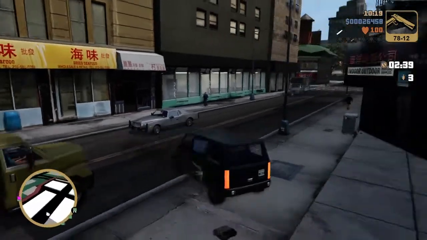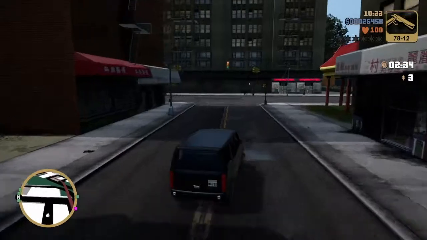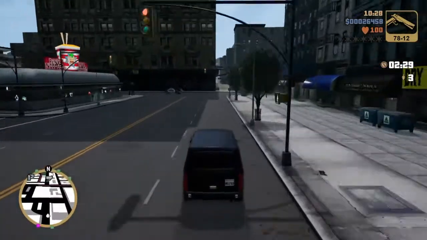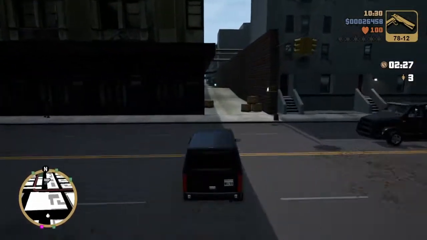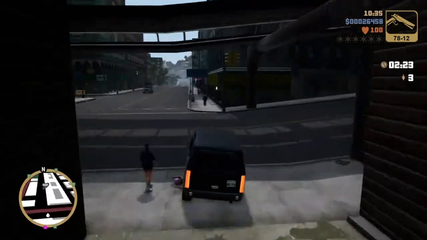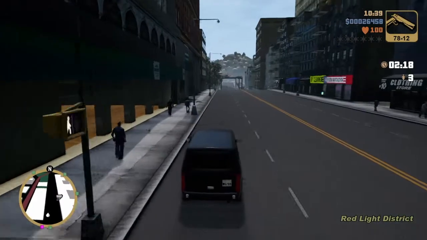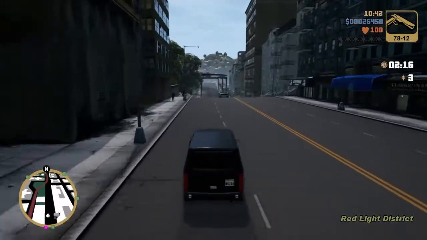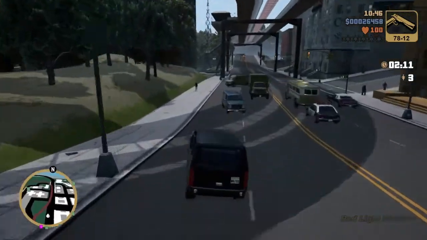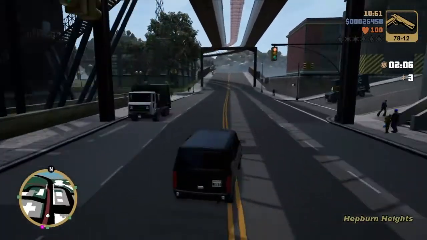So there are 33 hidden packages in Portland, 31 of which you can get legitimately from the start of the game. Illegitimately, in the original version of the game, you could, in theory, do a glitch where you glitched into the Porter Tunnel and ran to Staten Island, and then used another exploit to get to Shoreside Vale, and you could collect every single hidden package before you'd even started